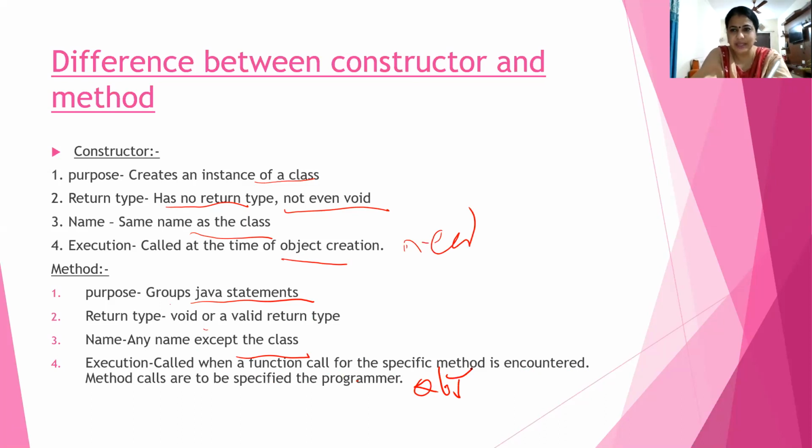Let me just revise the thing. A constructor is a specific method which is used to create and initialize the object. Second, there are two types of constructors, the default constructor and the parameterized constructor. A constructor having empty parentheses is called the default constructor, and a constructor having arguments or parameters is called the parameterized constructor. The last one is constructor overloading. If we write multiple constructors with different signatures inside our program, it is called constructor overloading.